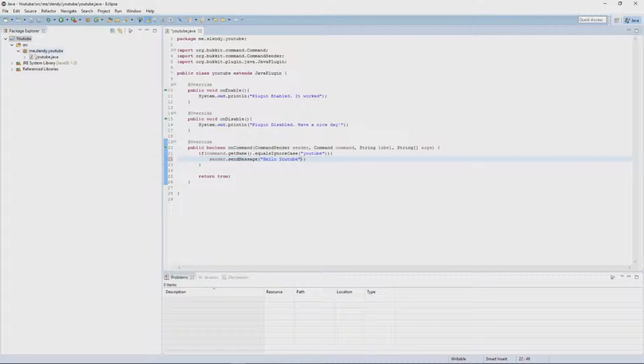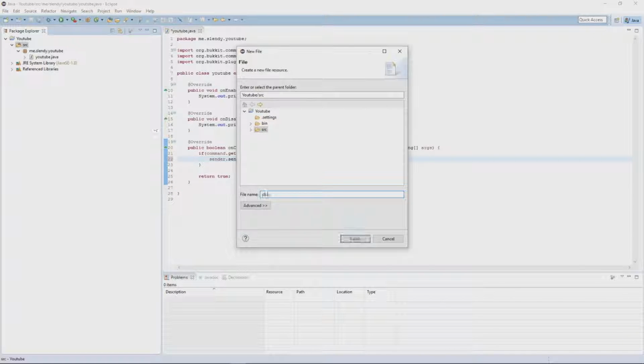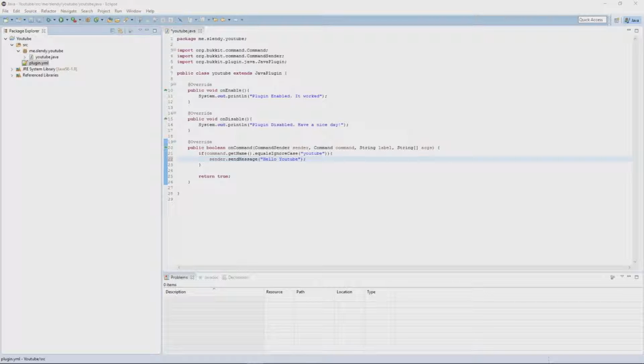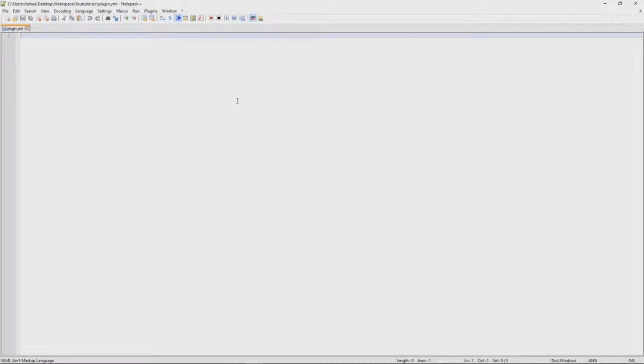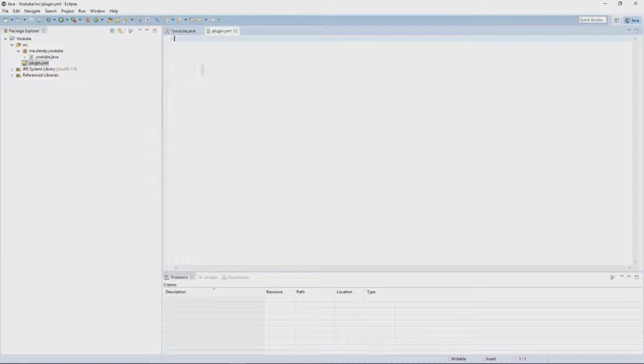And next, what you're going to want to do is go to source, right click, new, file, plugin.yml. I have it set to open in Notepad++, but I think Eclipse has a default editor, so I'll use that. Open text editor. Alright, so the format I'll leave in the description, but it's good to know how to format